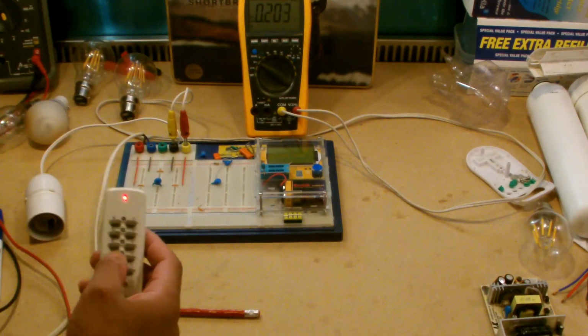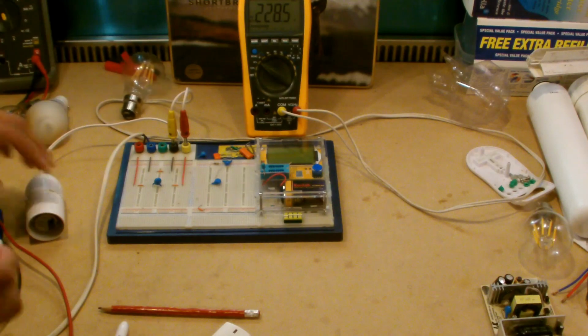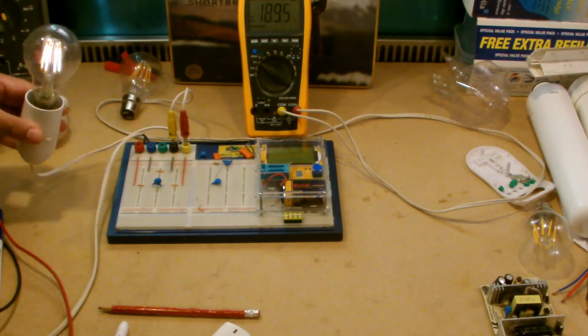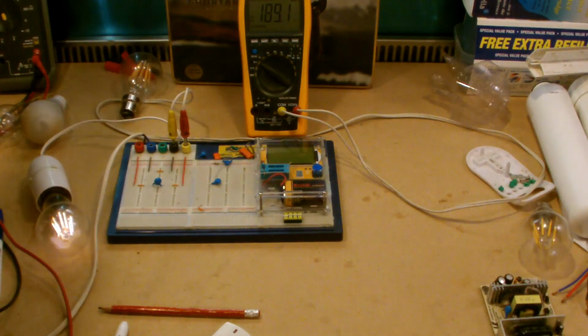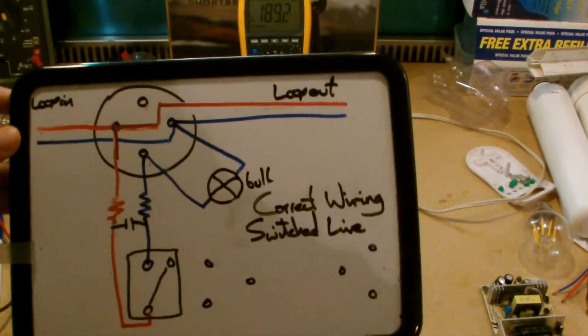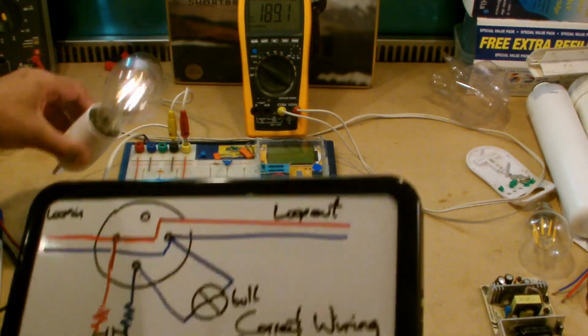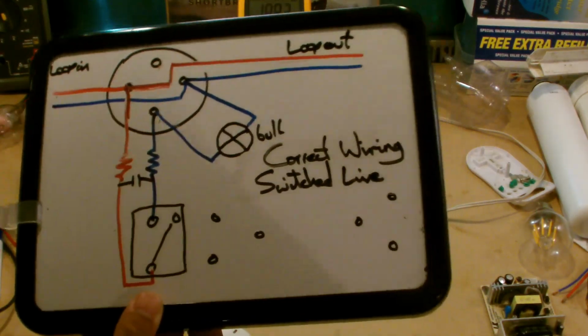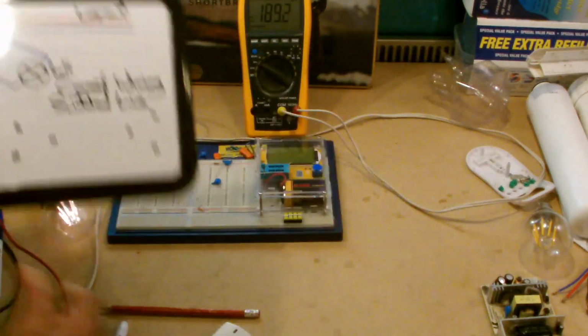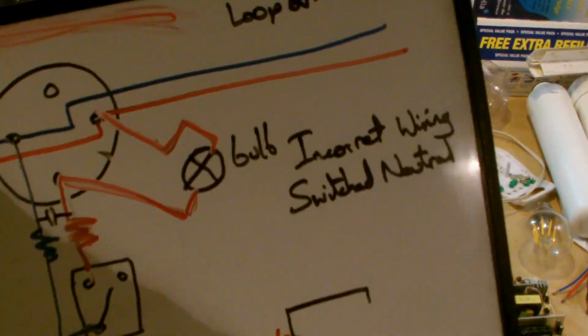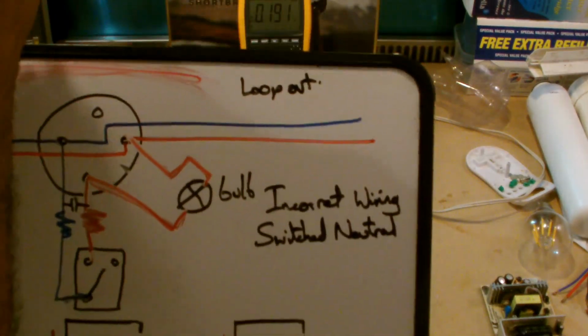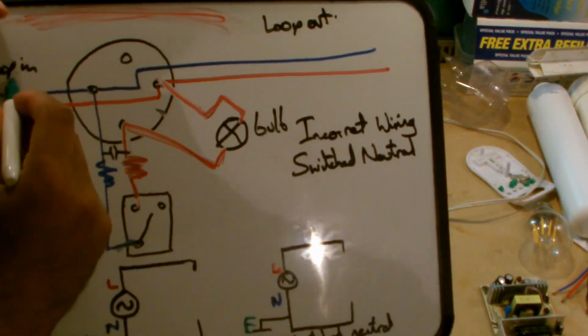So I'll switch this on and we'll put the susceptible bulb in. And so, as I said before, if you wire it as the switch live, it doesn't seem to light up, but clearly it is lit up at the moment, so we're missing something. There's an element of this that's just not there. What is it that's missing? The element that's missing is the earth, or ground, and so we'll draw that in.